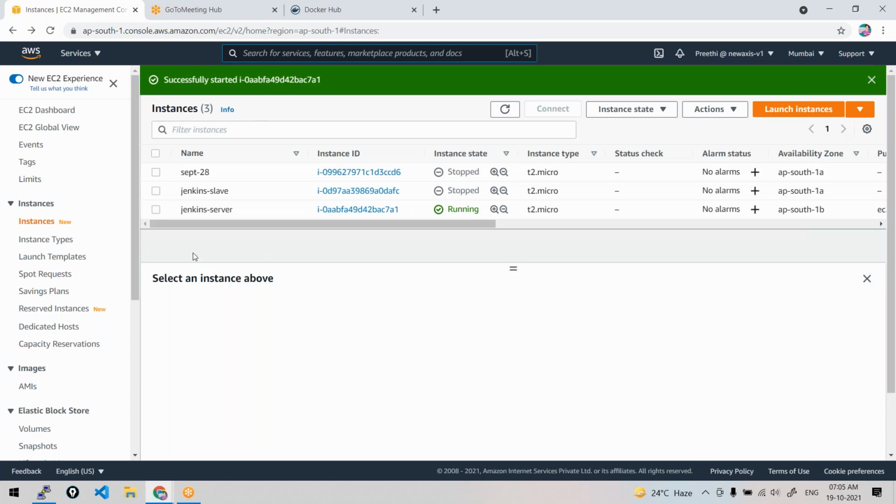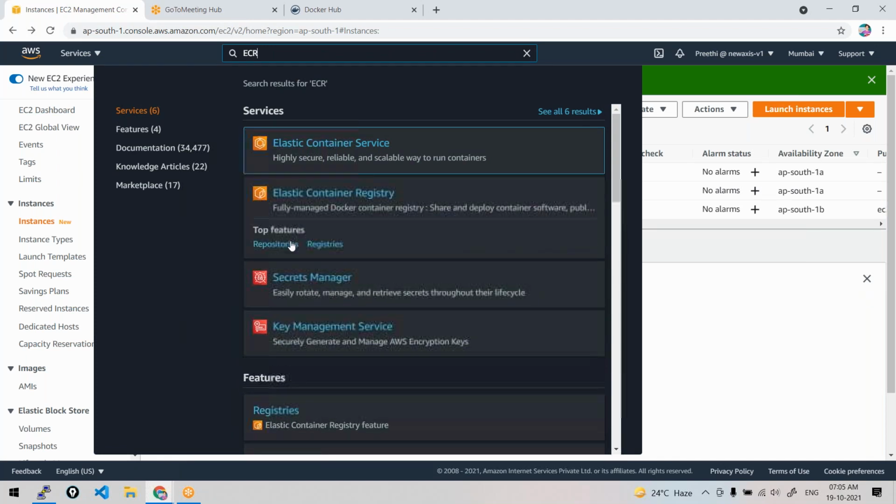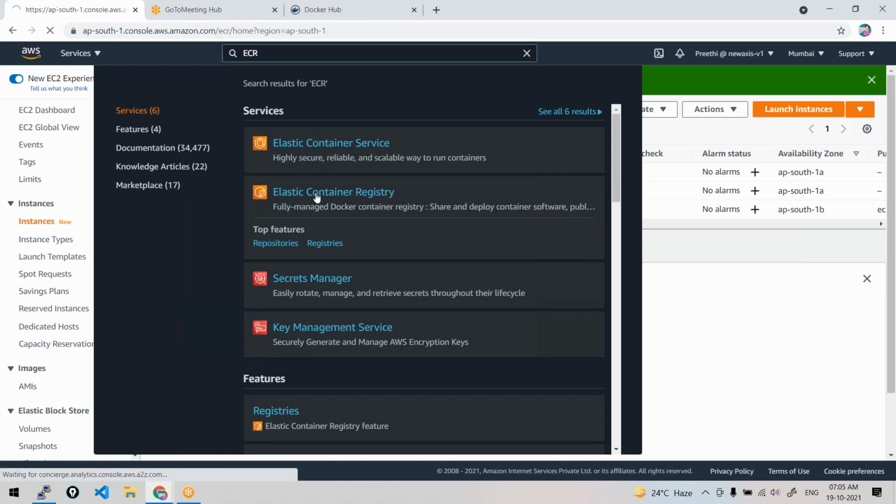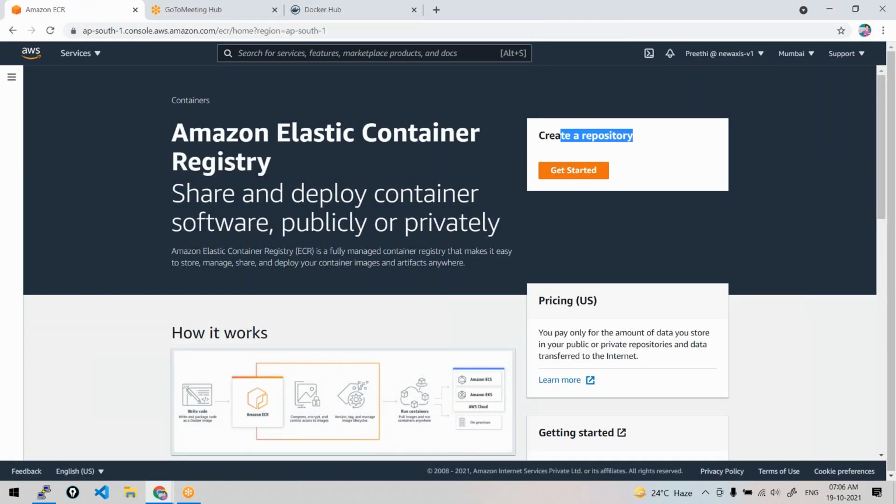So till now we were using the EC2 service on AWS, right? Which can help you create some instances for our lab. Now just go here and search for Elastic Container Registry Service. This one, ECR. Fully managed Docker container registry, share and deploy container software. Just go here. So here you could create a repository. See, the analogy is the same. Like I said, whether it is Docker Hub or ECR or whatever it is, the concepts would be similar. Same is the case with any other tools. So this is a registry service where you can store your Docker images.